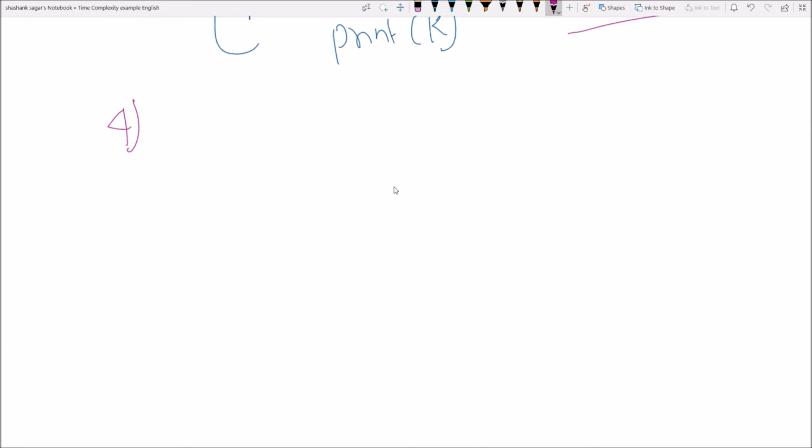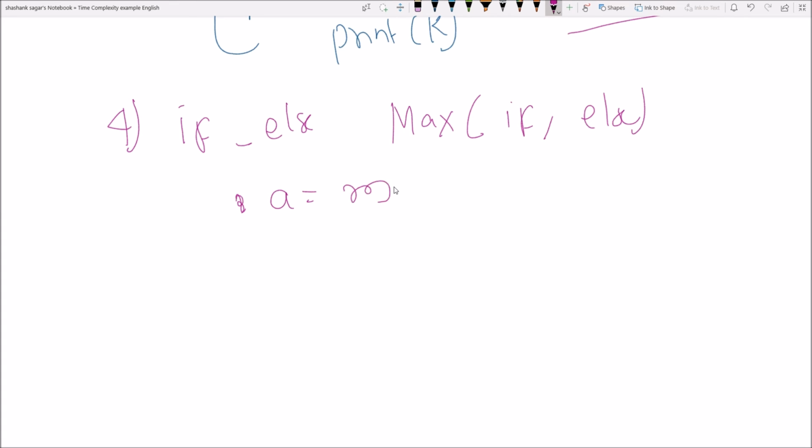Now let's see the fourth thing. Suppose you have if else in your program, then what will be the runtime? Here the runtime will be the max of the runtime of if or else. It is very simple actually. For example, I have a program like this: a is equal to m and b is equal to n.